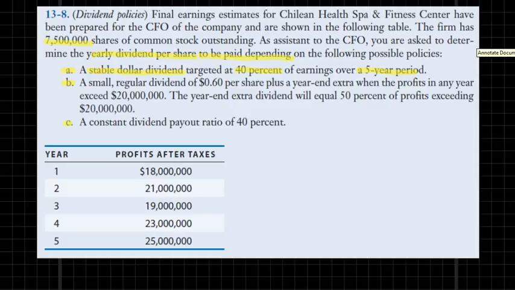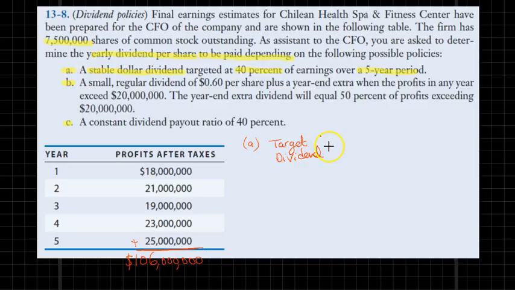So I'll go ahead and solve this problem just on the question. Let's figure out during that 5-year period what the total earnings would be. If you add these 5 numbers, you should get I believe $106 million. So this is over a 5-year period. Therefore, the target dividend we are talking about in part A